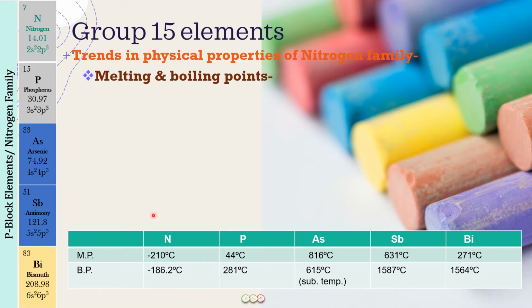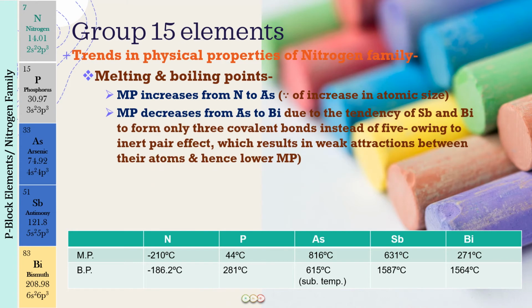What this means is from nitrogen to arsenic, the temperatures are increasing. From arsenic to bismuth, the temperatures are falling. The question is why? All right. So you have to remember the trend and you have to remember the why. So first of all, the melting points are going to increase from nitrogen to arsenic because of the increase in atomic size. As the size increases, we will see that the melting points increase. Okay. Now the next we have is why from arsenic to bismuth the temperatures are falling,